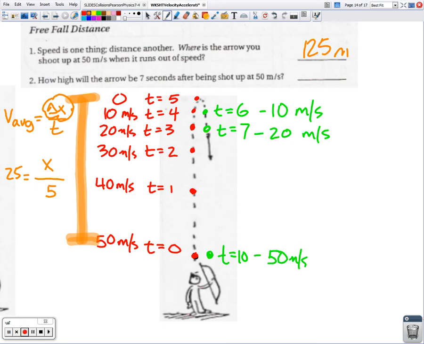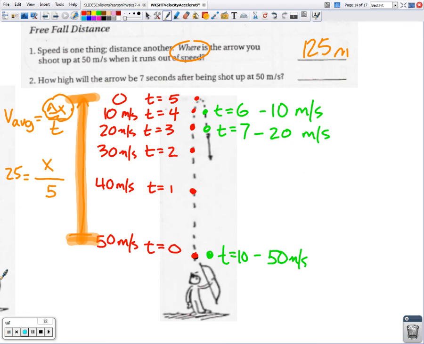So, go ahead. That 125 was going from where you first shot it all the way to the top. So that's the average velocity. That's the displacement. Oh, the average velocity is 25, because for this trip we started at 50 and ended at 0, so the average is right in the middle, right? But it took 5 seconds to do that. That's why we're multiplying that by, okay? All right, now,